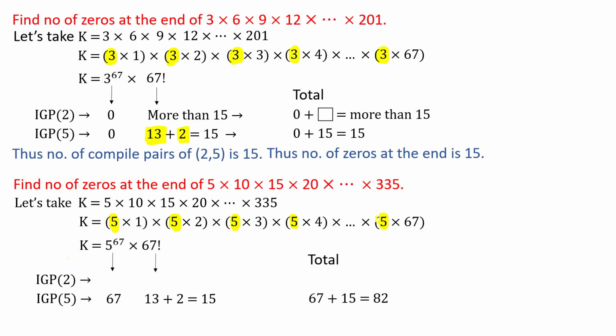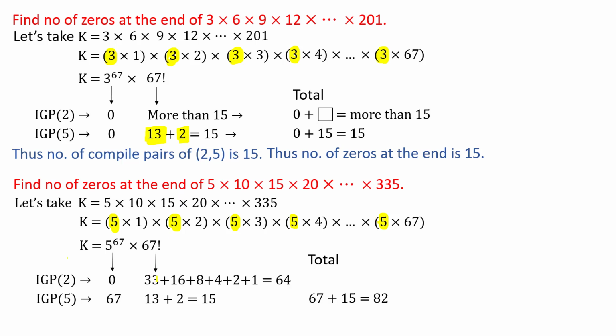So now let's find the IGP of 2. In 5 to the power 67 we can see that the IGP of 2 is equal to 0. And now let's find the IGP of 2 in 67 factorial. Let's have a look at it. If we divide 67 by